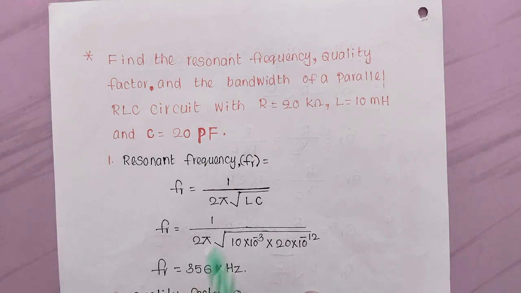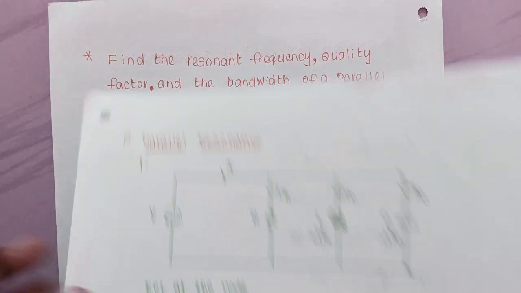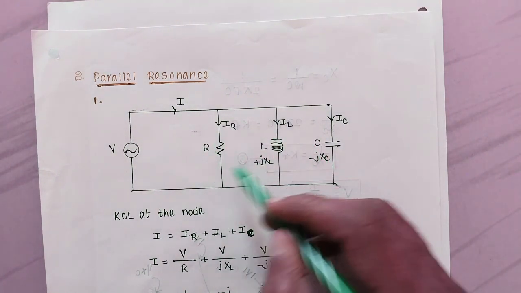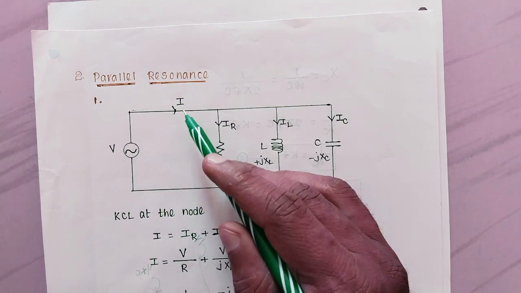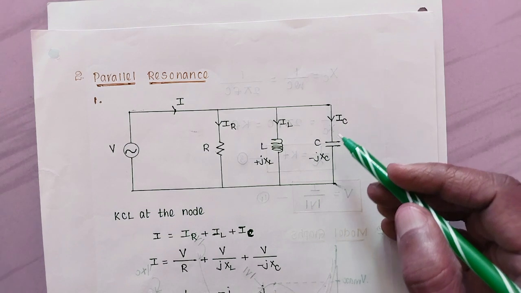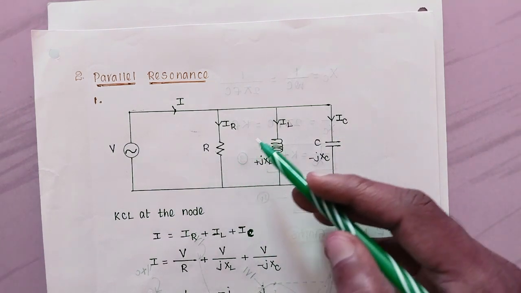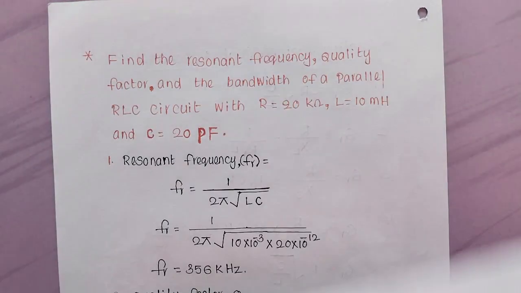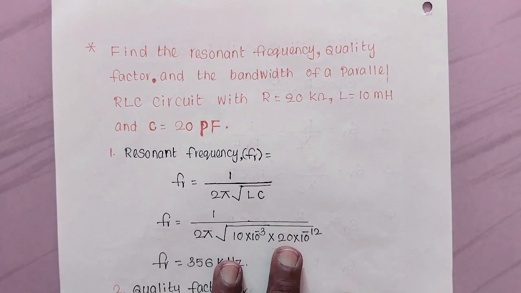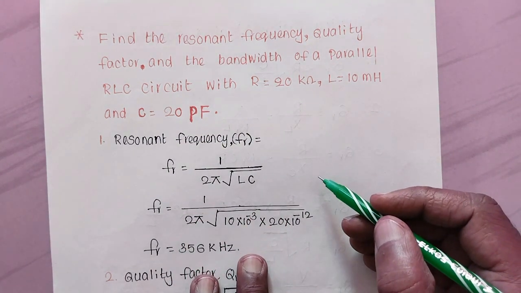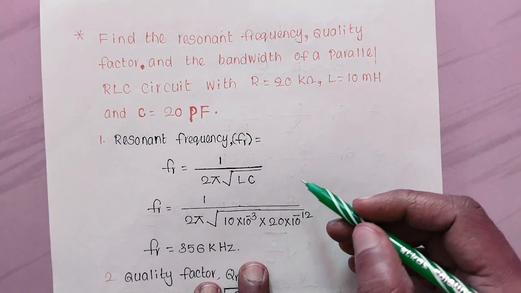and bandwidth. So first we have to connect the elements in parallel like this. So resistor, inductor and capacitor are connected in parallel, and this combination is connected to a voltage source, and the current coming from the source is I, and that current divides into the elements as IR, IL and IC. IR is the current in the resistor, IL is the current in the inductor and IC is the current in the capacitor. So here after connecting the elements, we have mathematical expressions to find the resonant frequency, quality factor